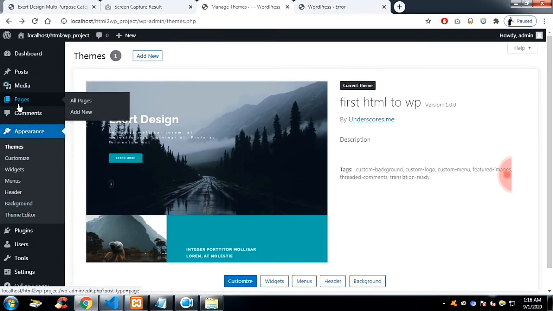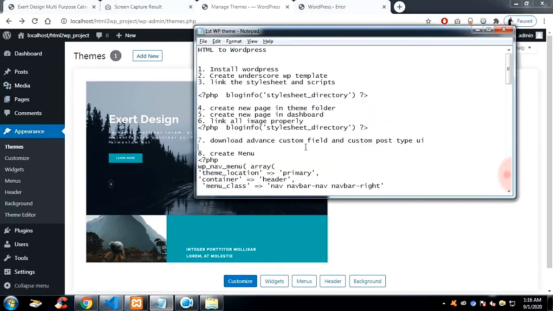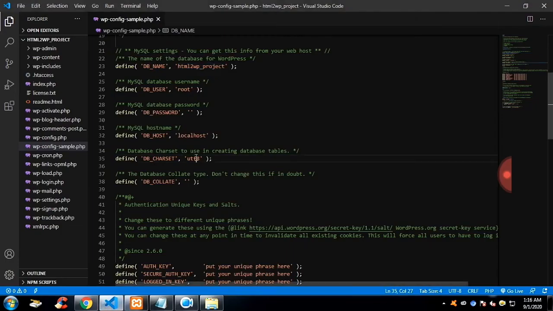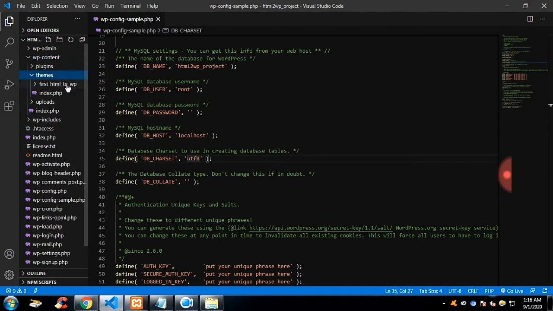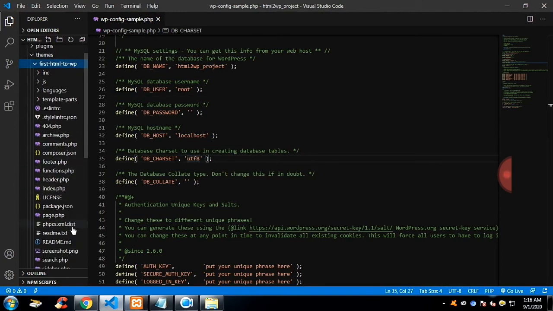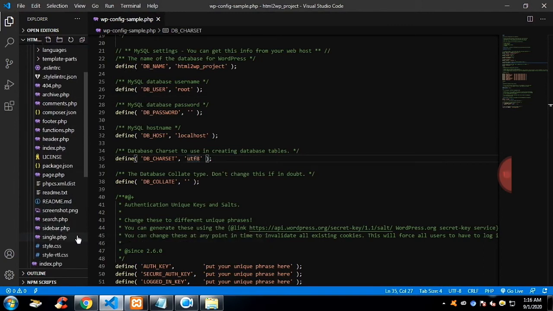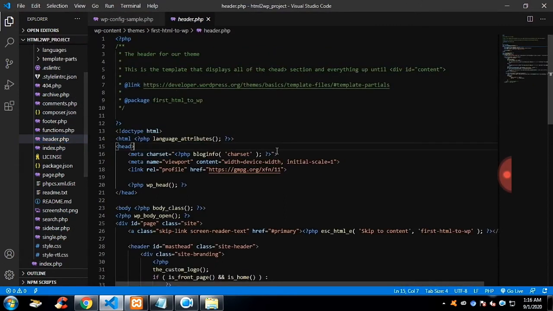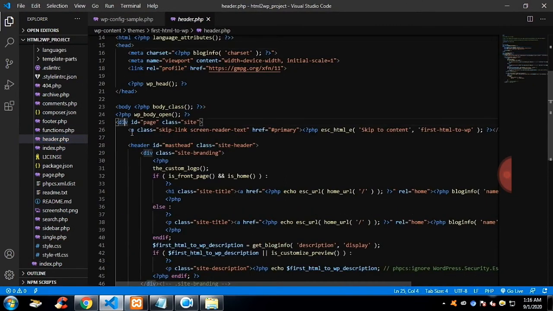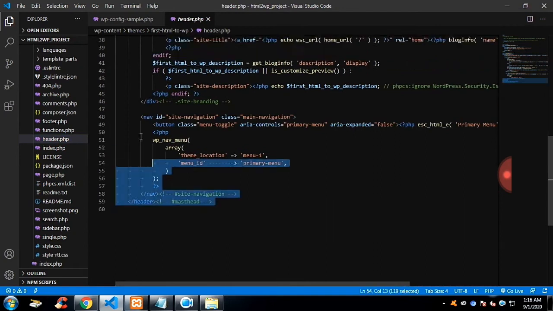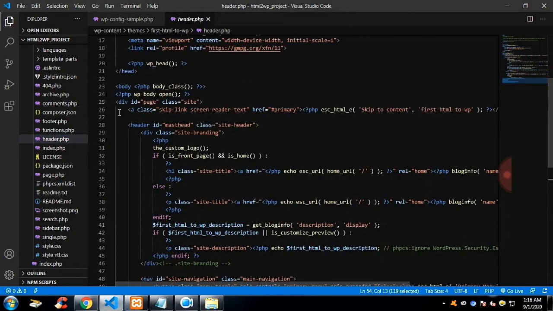First thing, we have created this whole thing. Now we have to link the style sheet properly. So let's get into the header section in our theme, which is inside wp-content, themes, and the theme folder. Inside we have a header. Find the header.php and just remove everything. We don't need anything, and later we'll add it. At present we'll remove everything,